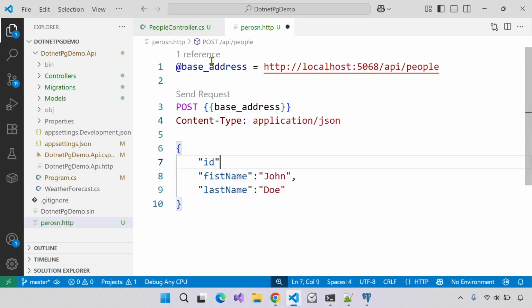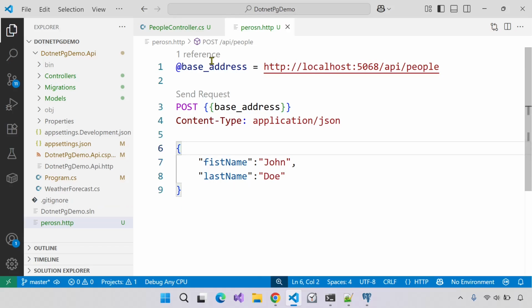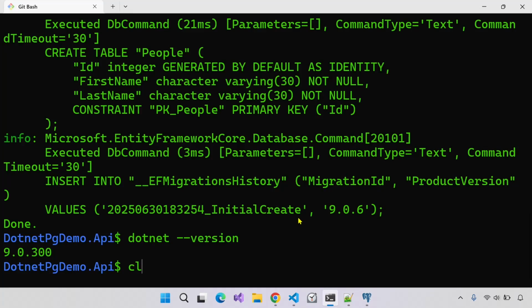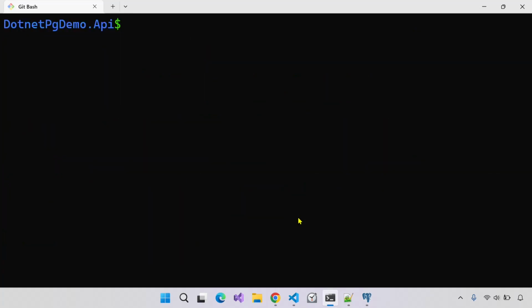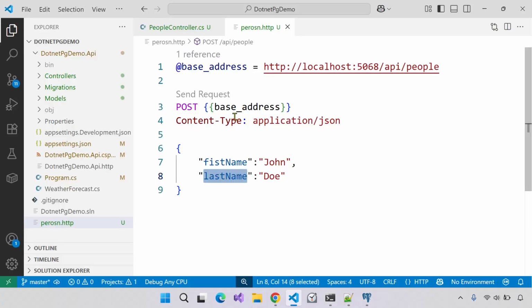We do not need to define ID here because even if you do not pass the ID, it will automatically generate the ID in the database. So we just need to pass these two fields. So now let's run our application. Let's type here dotnet run. Now if I click on this send request,